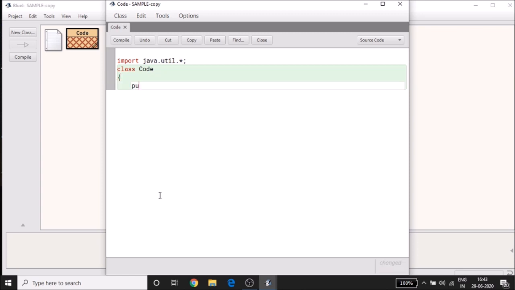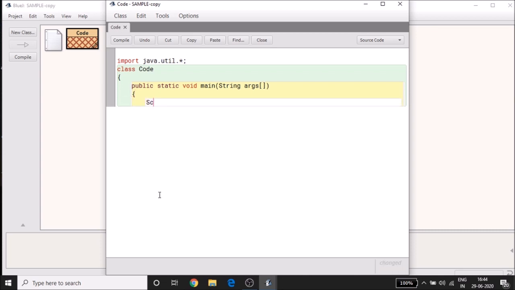Hit enter again and type in your method, which is public static void main open brackets capital S String args open box bracket close box bracket and close your brackets. Once again hit enter and open another curly bracket. This will be the start of your method block.